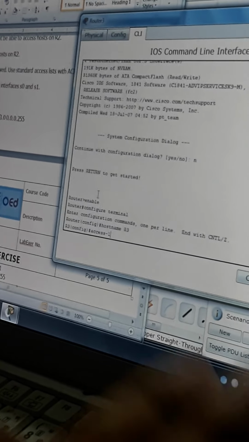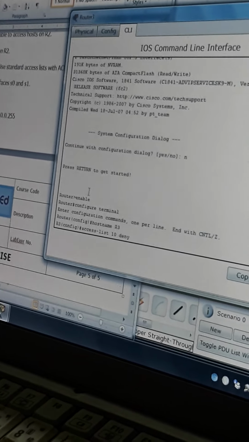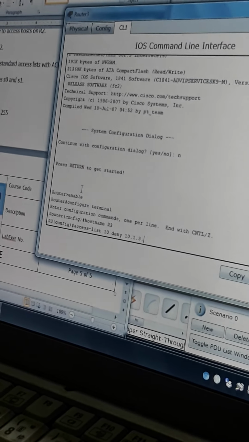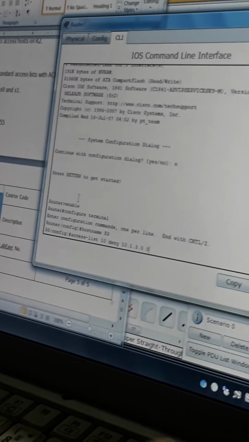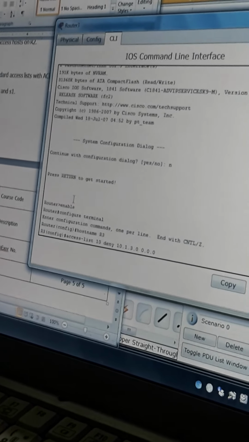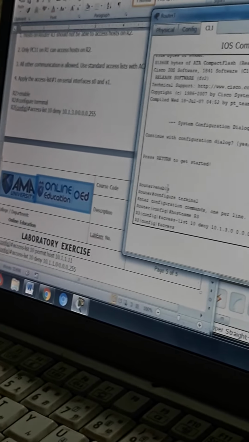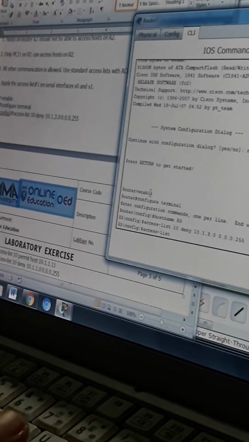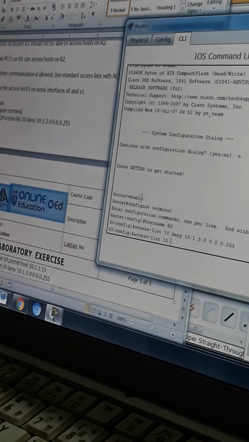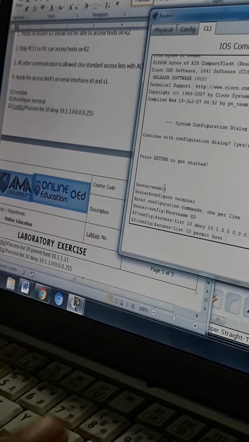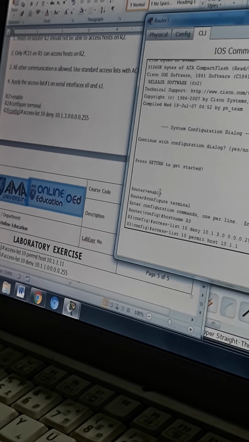let's type in access list 10 deny 10.1.3.0 0.0.0.255, then access list 10 permit host 10.1.1.11,